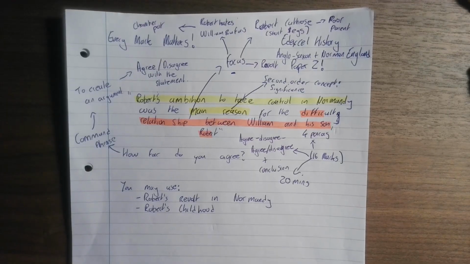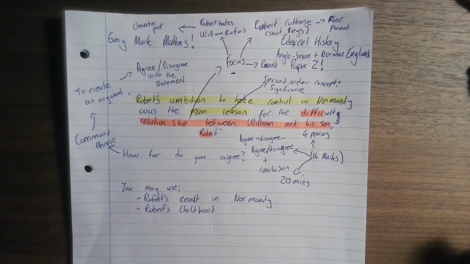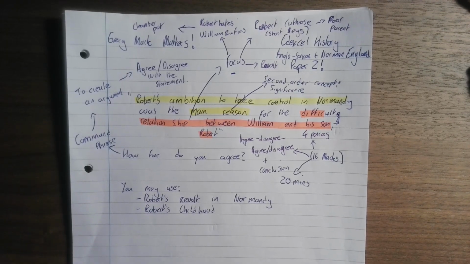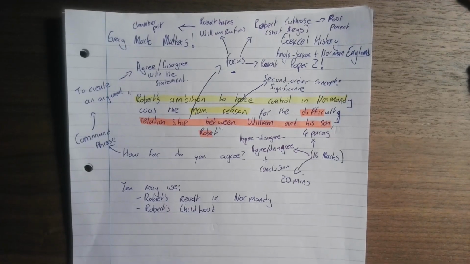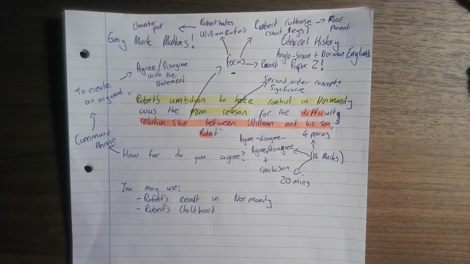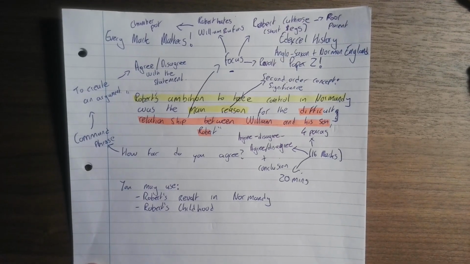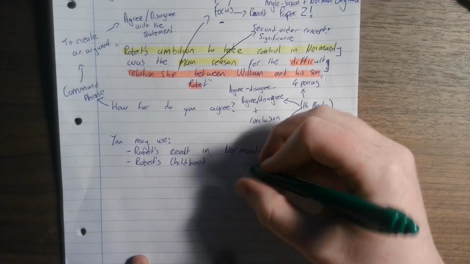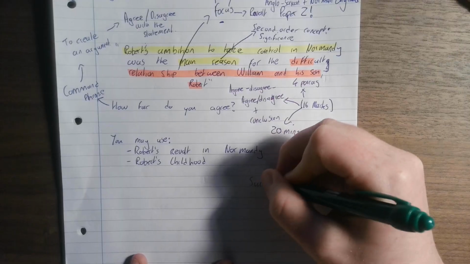Okay, so in a moment you're about to spend 20 minutes having a go at this question. Of course, use the resources in the bio. If you're not sure about anything to do with Robert's relationship with William, I would suggest that rather than spending 20 minutes torturing yourself, you go away, do some revision, brush up on your knowledge, and then have a go at answering the question. But allow me to just demonstrate to you the success criteria. So I'm going to switch to green to show you the success criteria. I'm going to write this down here. Okay?